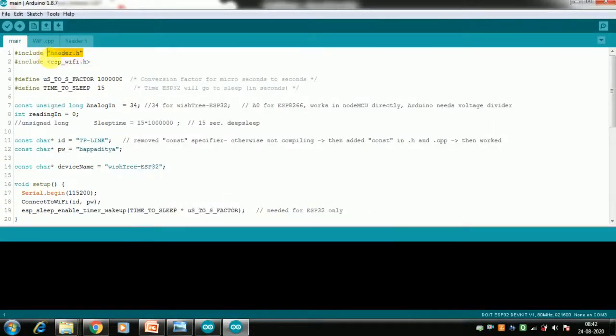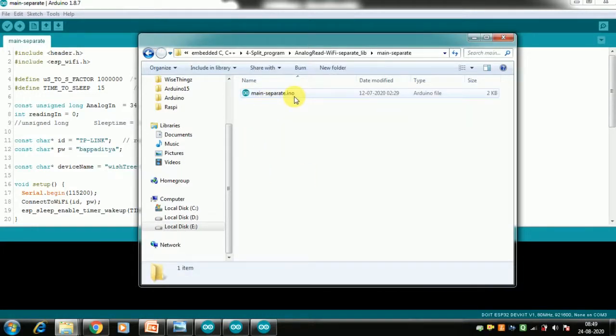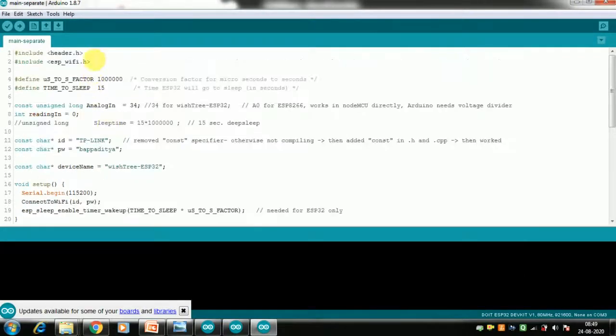So when you are keeping them in the same folder like here, you hash include the header.h file with quotation marks. The other way of doing it is creating your own library file. In that case, your main is holding only your main.ino. Because it is in your library and not in your same folder, you don't need the quotation marks when you hash include the library.